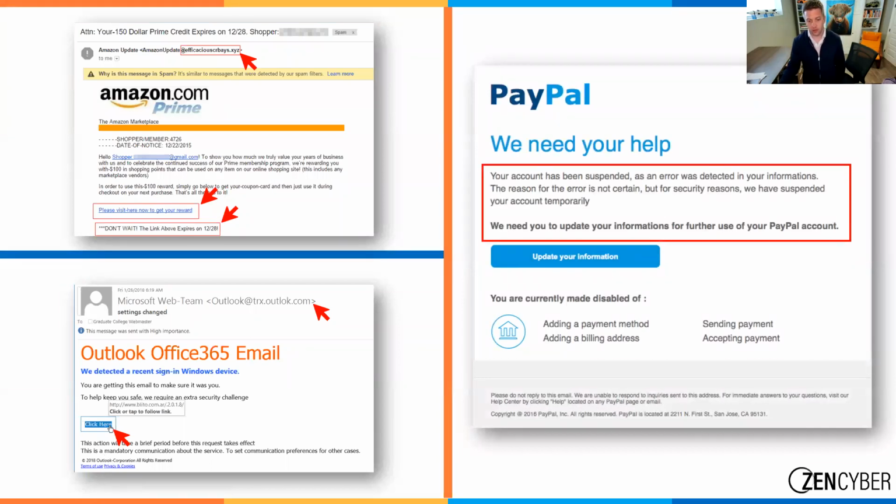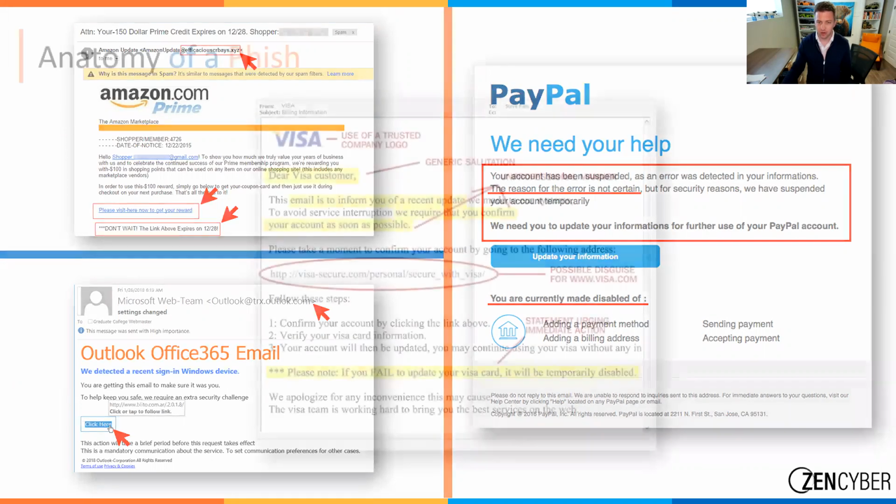And then, another one. Of course they're going to target financial information, because that's their end goal. The interesting thing about this one is it looks really good, but again, when you read the paragraph, well, if there was an error, would PayPal not be able to identify the error? They just don't send emails like this where they're uncertain. And then, of course, we've got a grammar error down at the bottom there.